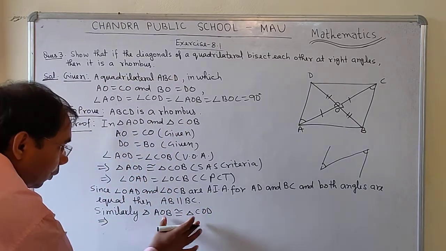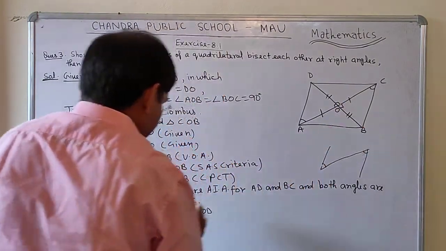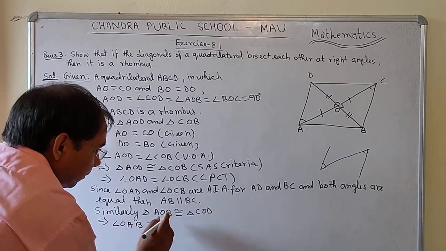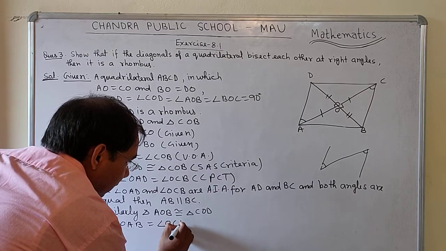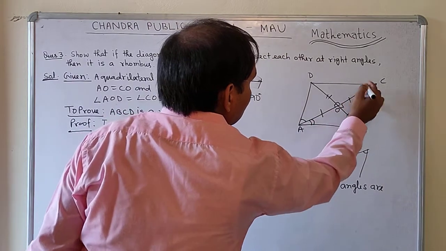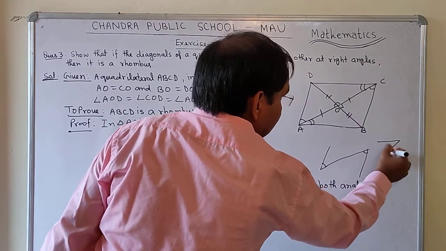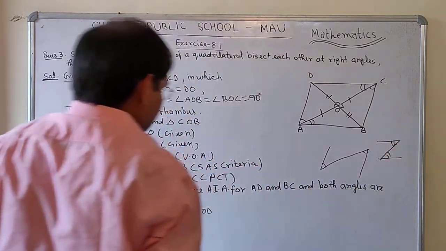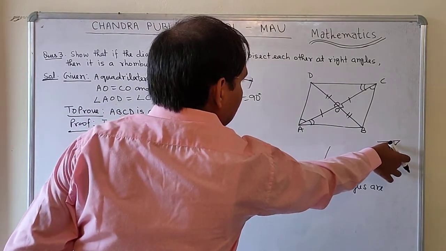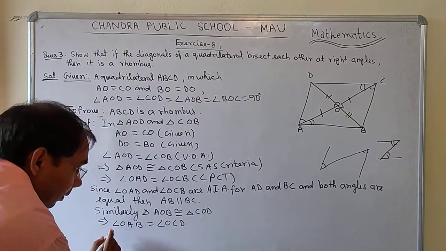It shows that if both are congruent, then angle OAB equals angle OCD. These two are equal. So students, these are the two lines and one line is intersecting. If these two are equal, what is the meaning of this? These two are the alternate interior angles, and if both the alternate interior angles are equal, then both the lines are parallel. So again you can write, since